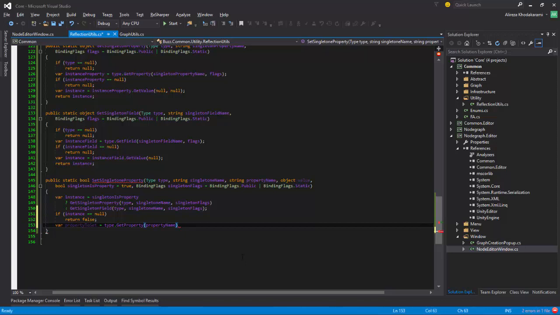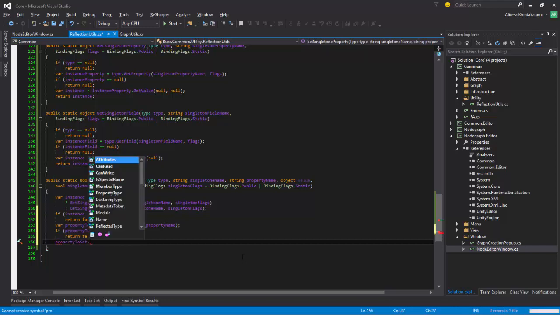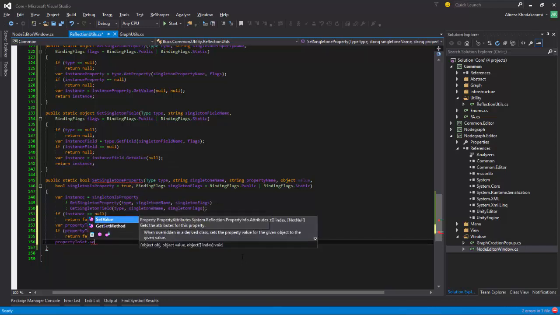Okay, then after that we say if property to set equals to null, then return again false. After that we say property to set dot set value,